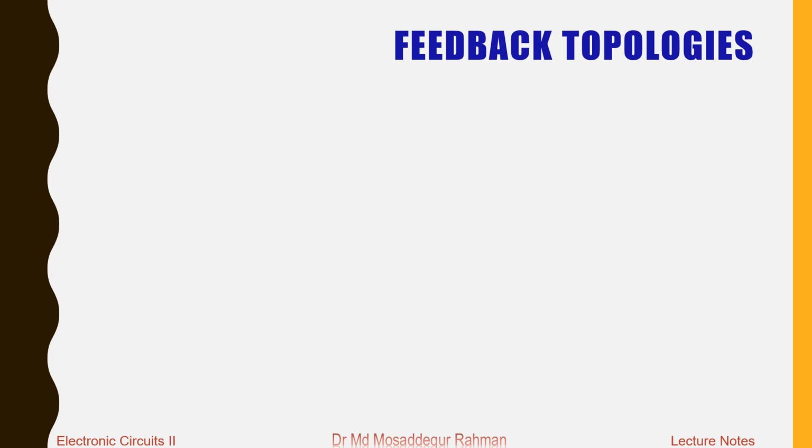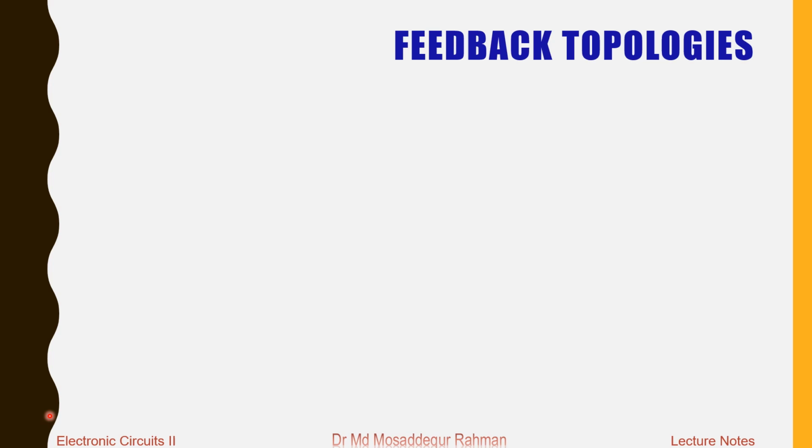So now we'll discuss the feedback topologies. What are the different types of feedback that we can have in an amplifier? In the feedback amplifier, it samples the signal at the output and mixes the signal at the input. Now the signal can be either a current or a voltage. Now depending on the signal type, whether it is sampling a current or voltage at the output, and the signal type at the